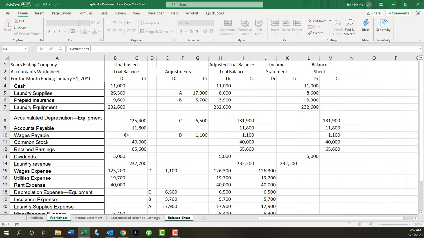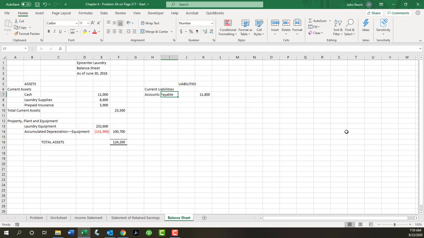And the current accounts payable balance is $11,800. We have one other, which is the wages payable, for a total, and then we have